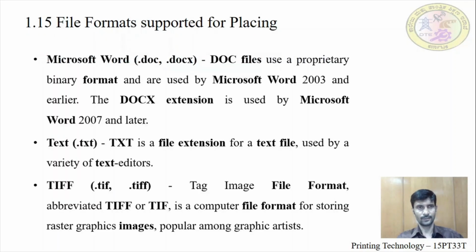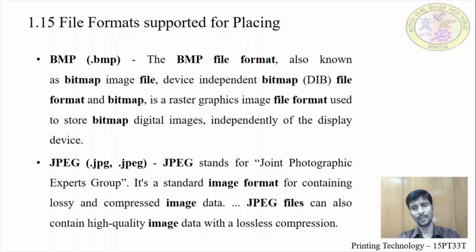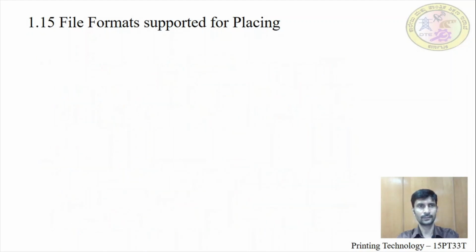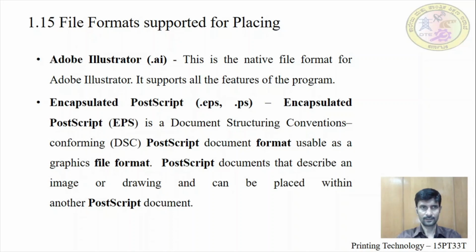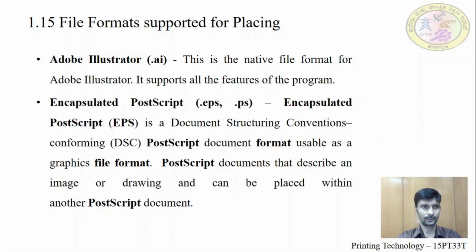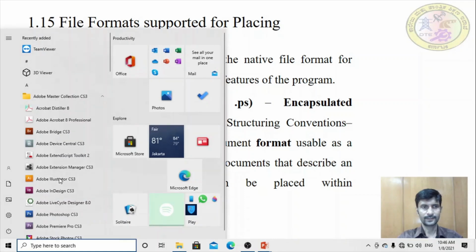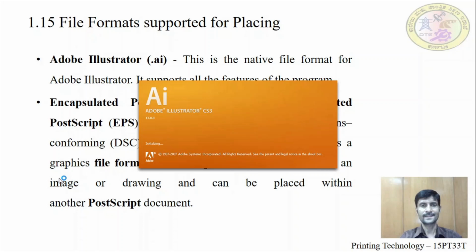Before going to the MCQs, I will show you all the formats of these files, and how we can import them into the Illustrator software. First one is .ai. Before that, I have to open the Illustrator software. Double click on the Illustrator software. Depending upon the system speed and RAM, the application will open quickly or slowly. Let us wait a few seconds until it opens.